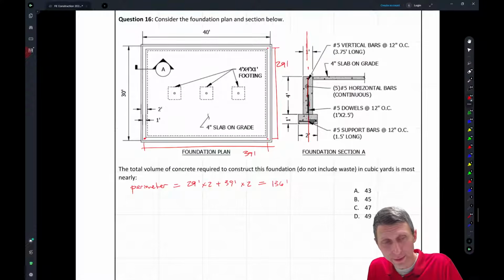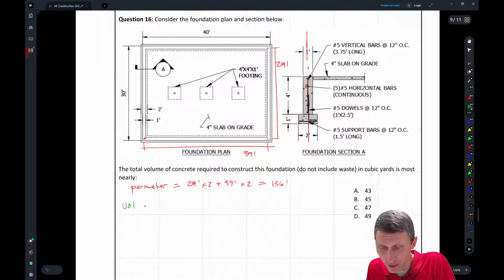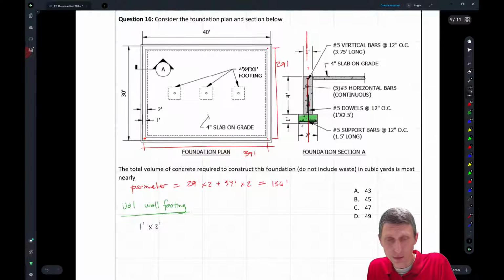The reason that I want that is because what I want to do next is find the volume of the wall footing, right? I'm just going to take each piece here. So this is the wall footing, and I want that volume. To get that, all I'm going to do is take the 1 foot times 2 feet, that's the total area of that. And then I'm going to multiply it by the 136, which is the perimeter. So when I do that, I get